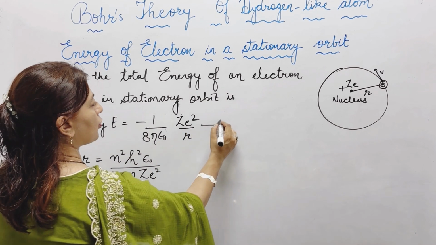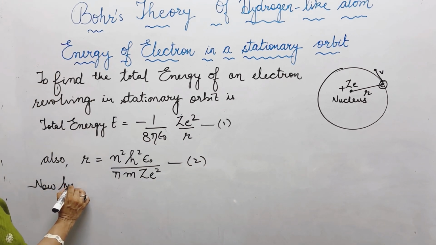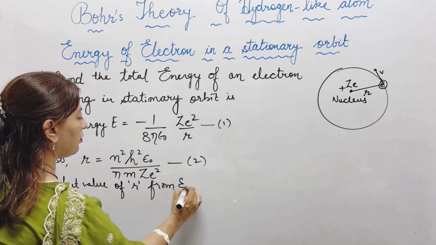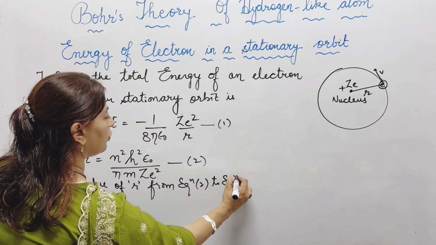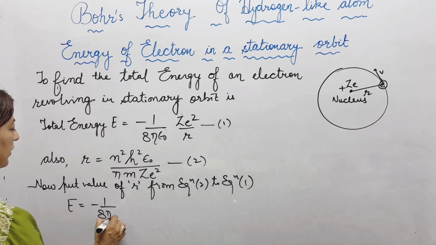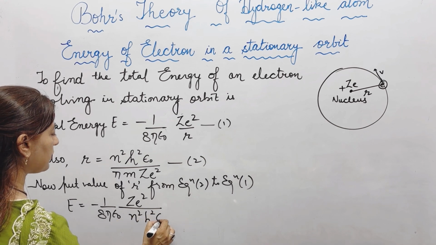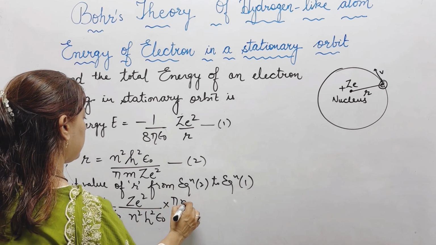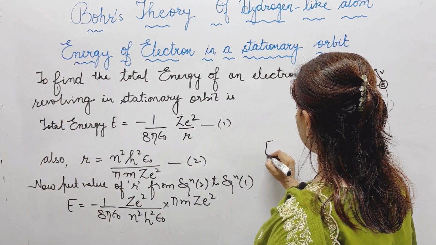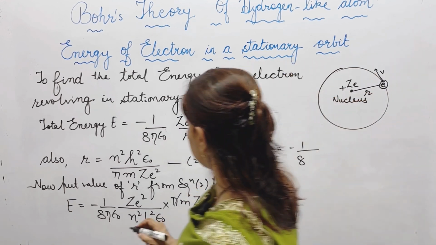Now we'll mark it as equation number 1 and this as equation number 2. Now put the value of r, that is the radius, from equation number 2 to equation number 1, and we have E is equal to minus 1 upon 8 pi epsilon naught z e square upon n square h square epsilon naught upon pi m z e square. So finally we get the total energy is equal to minus 1 upon 8, pi cancels with pi,